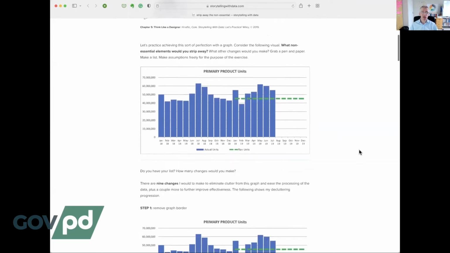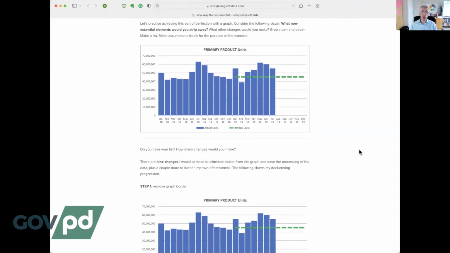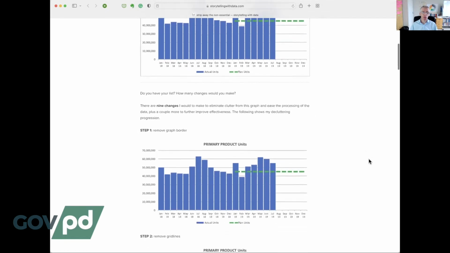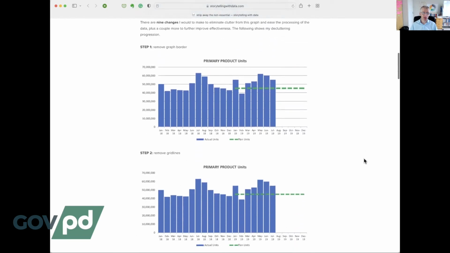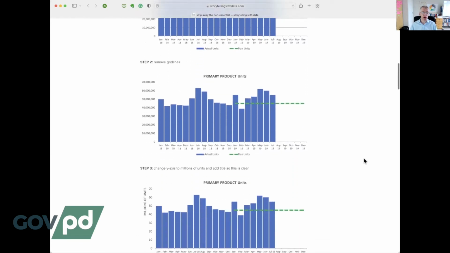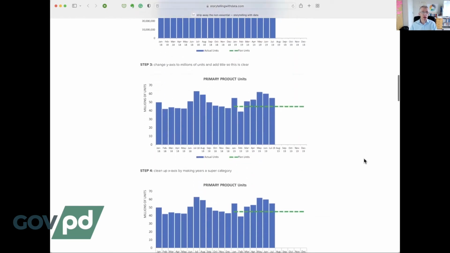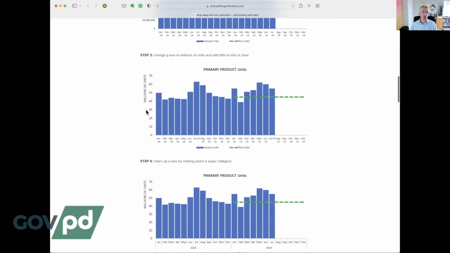And in that, she starts with this chart, which probably doesn't look too bad, quite familiar to the kind of charts you may see quite often in your working day. But she does quite a lot of the strip away that John was talking about. So in step one, she takes away that border around the chart, and that improves things. In step two, she takes away the grid lines,